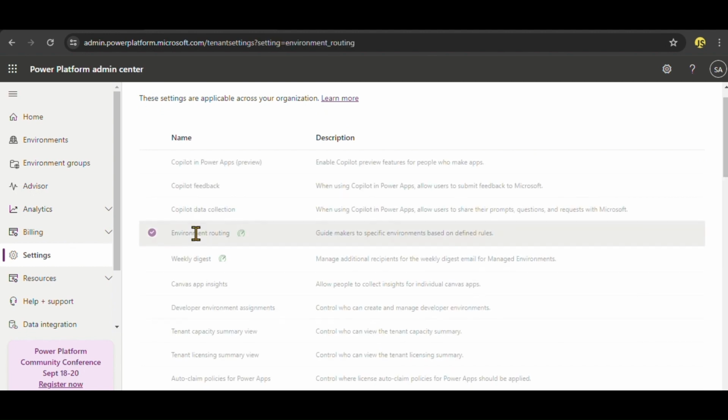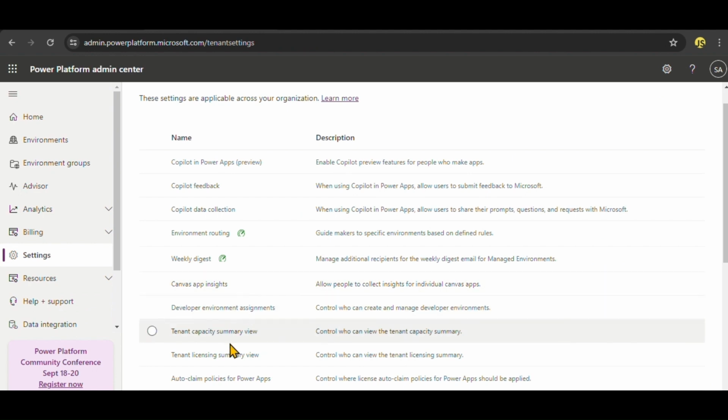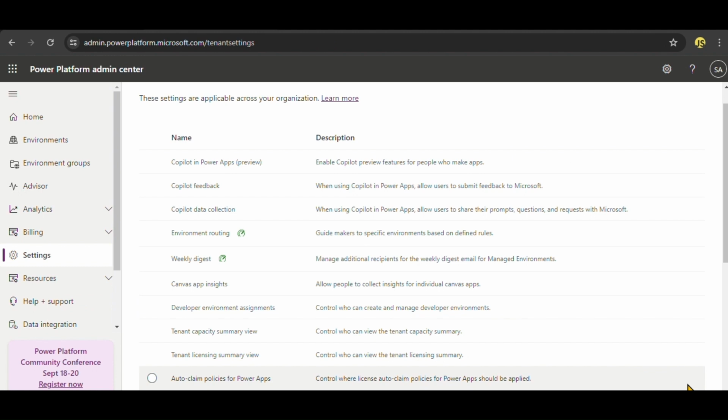environment routing. In order to enable environment routing, first you need to enable trial and developer environment assignments. Yes, this one. Some organizations won't let everyone create developer environments, so at that time they choose only specific admins. But if you want to enable this feature, you need to make sure that you have selected everyone. Now click on cancel. So these are the two prerequisites: one, admin privileges; two, you need to enable developer environment